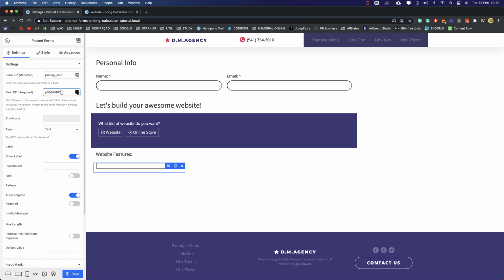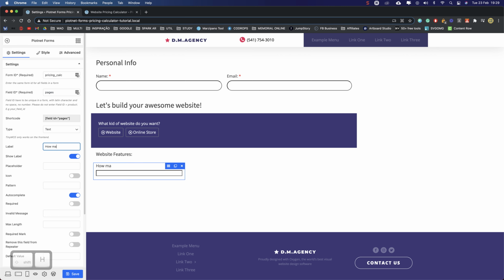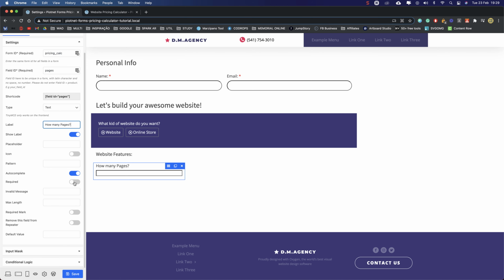And this field will be pages. Let's write here on the label, how many pages. Let's make this required mark. Okay.